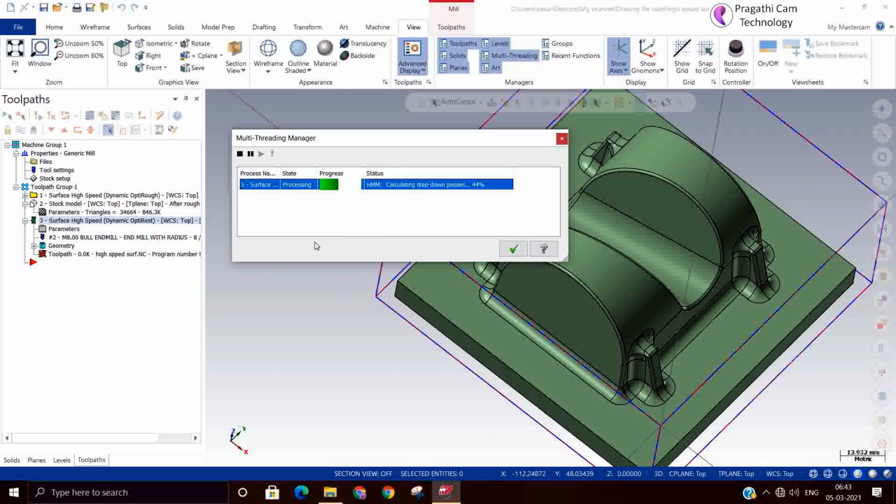Right click and hide. Now we'll see how much difference in time is going to come.